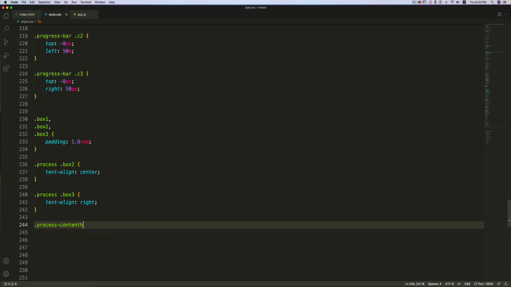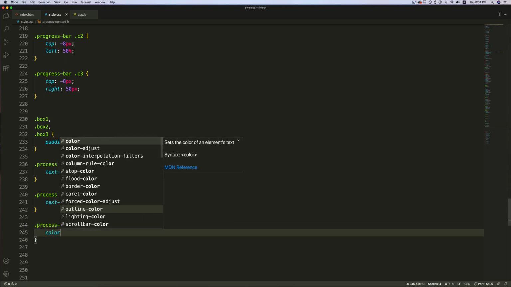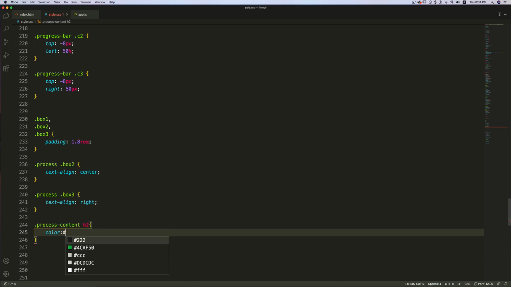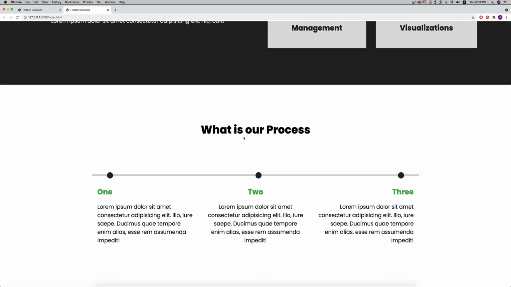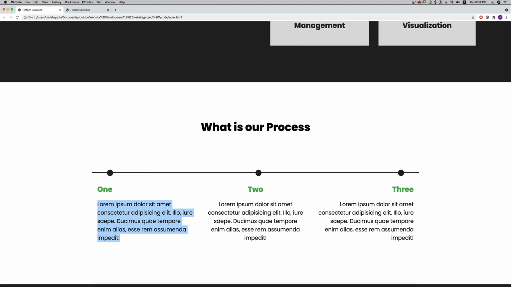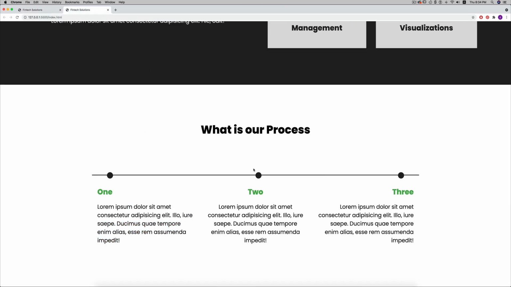So process content H2, and I'll give it a color of hash 4CAF50, that green color. So this is the process section.